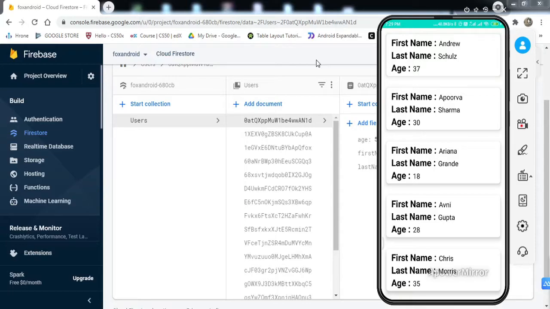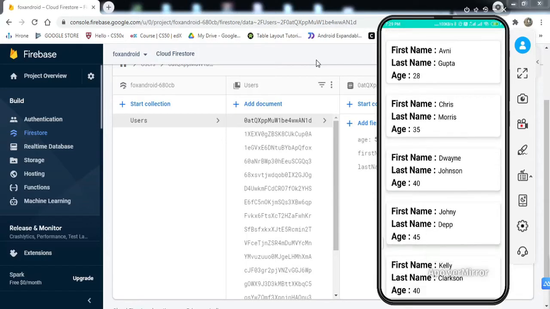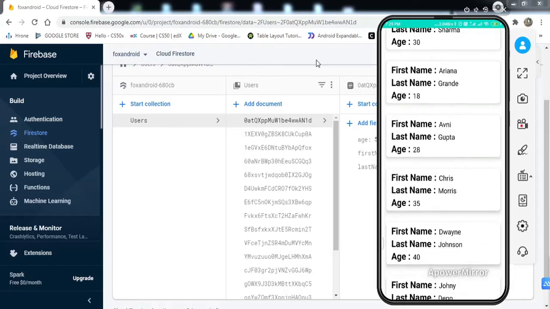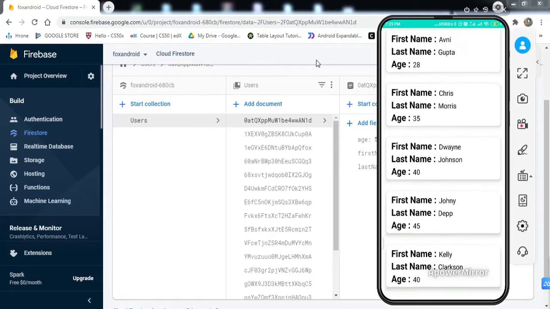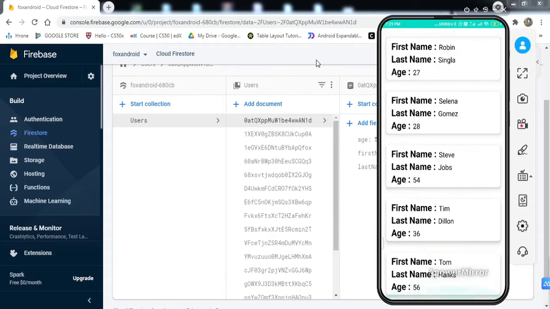So let me just give you a brief demonstration of what we're going to get by the end of this video. So if you can see on my mobile screen, I have certain users inside this recycler view, right? And if you can see, we have also ordered the users by their first name, right, in the ascending order. So the users whose name starts with A appears first, and then chronologically they keep on adding to the bottom, right? So if we can see here in the Firestore,